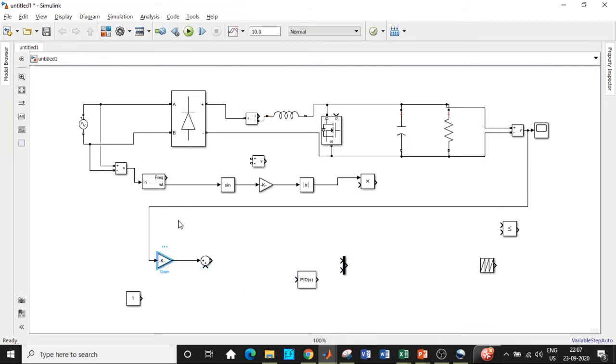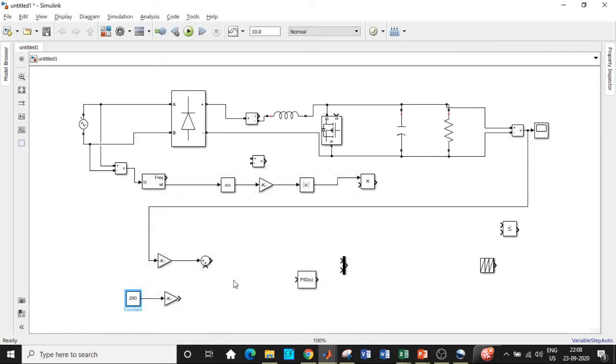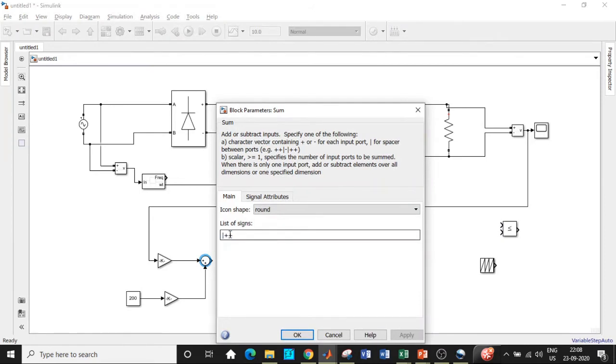So I'll be copy pasting this gain block again over here at this point, and I'll be giving it in this particular fashion. So the constant value, let me choose it to be equal to 200. I'm not going with an exact design procedure with respect to the circuit. I've already explained the design of the boost converter and simulation in MATLAB. Again, design of a full bridge, fully controlled rectifier. So you can look into the design and try to correlate the concepts and design for the circuit as well. So it basically depends on the type of application that you use that for. So I'll be having the sign as minus over here, and click on OK.